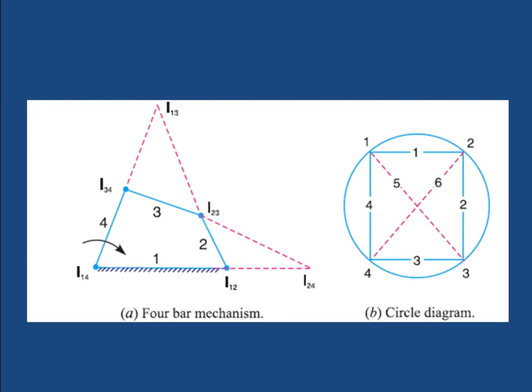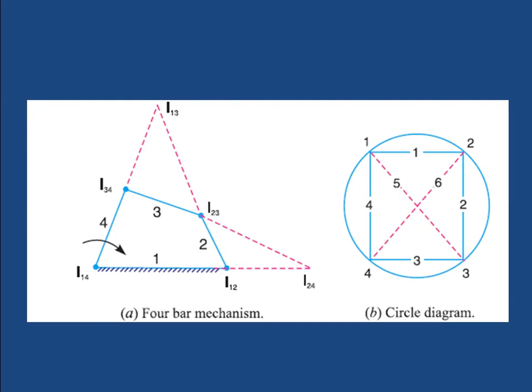So what I have to draw? I have to take 4 sides, 1, 2, 3 and 4. I will take 4 sides here inside a circle. So just inscribe a rectangle or a square inside a circle like this. Then mark the numbering inside that as 1, 2, 3 and 4, and also mark the corners 1, 2, 3 and 4.